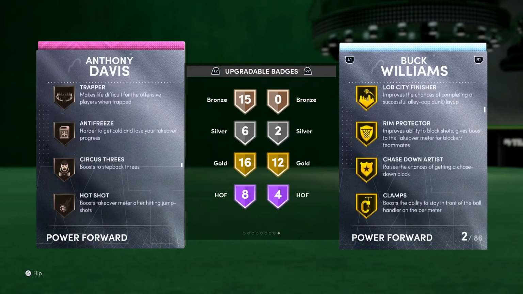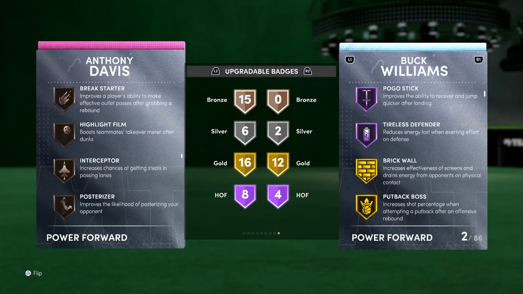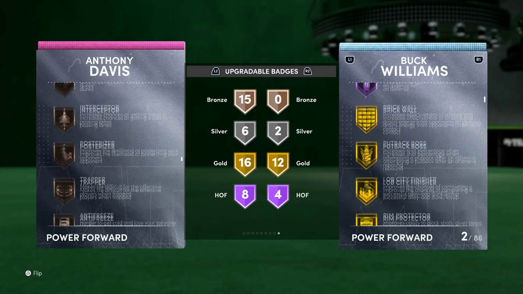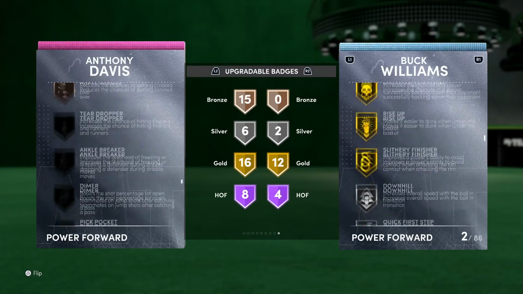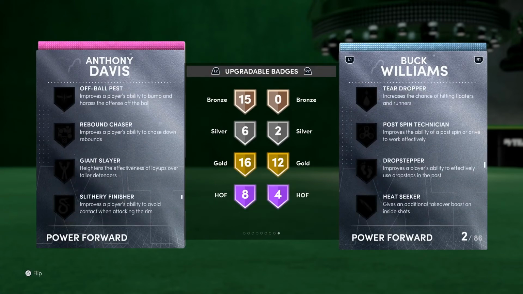And then when it comes to upgradable badges, we can definitely upgrade some really nice things. The bronze clamps, sadly, you can't upgrade, but again, don't think it's too big of a deal at center. But Posterizer, Interceptor, definitely badges I would upgrade, as well as Sniper. Then when it comes to other ones, Pick Dodger, definitely not a bad one to have, and Rebound Chaser is